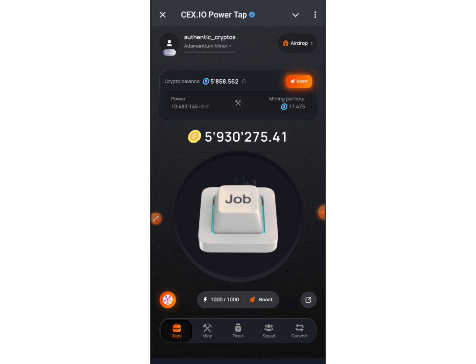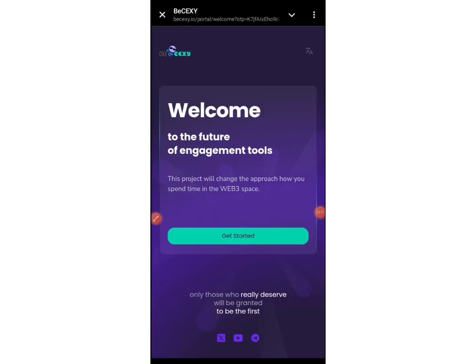Okay, so now let's head straight to the task. Firstly, you have to come to the airdrop session right here. Either you follow the link or you come to the airdrop session. It's the same thing. Okay, so you click on the airdrop, then it will take you to the Be Sexy